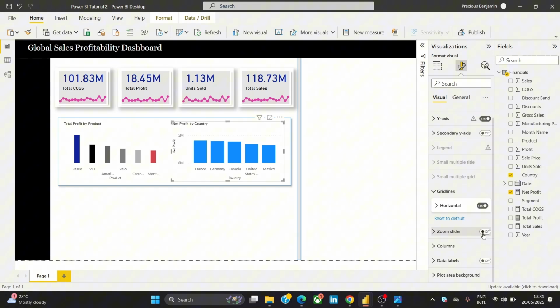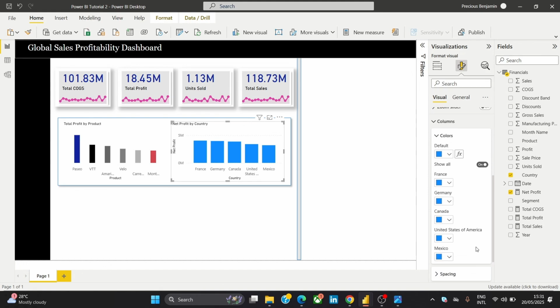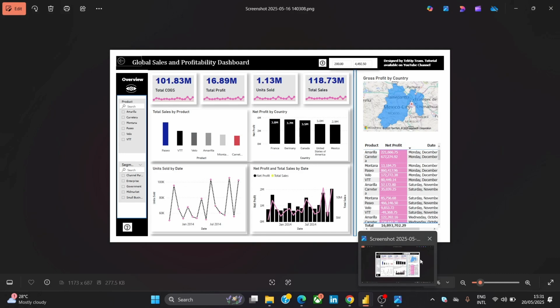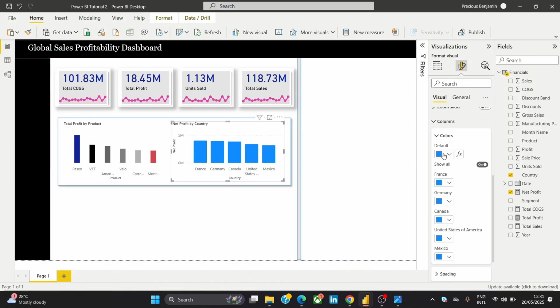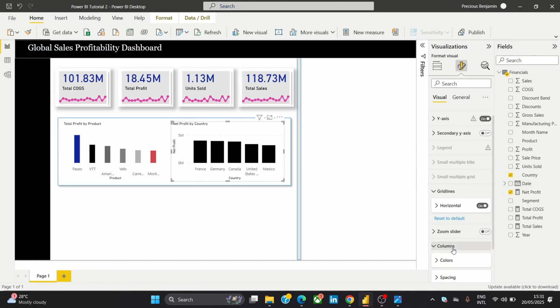So next thing we can do is columns. Let's check columns. Then let's show all. Then let's go ahead and see what we have here. Okay, we change them to all black. So we can simply just go and click black. So everything changes to black. Okay. So that's it. So columns,